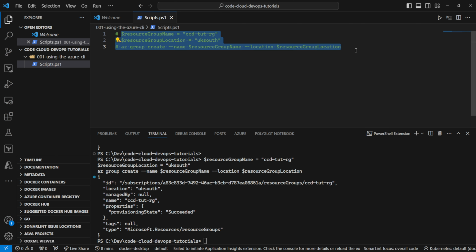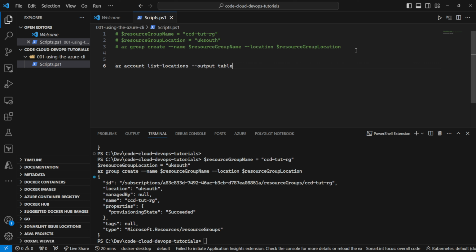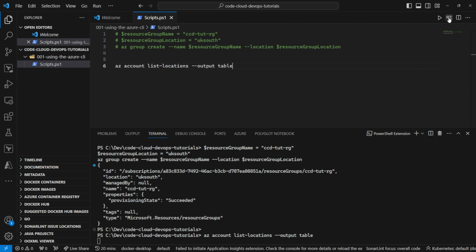I'll just comment this out so it doesn't block our view. az account list-locations. Those are the locations. So this command will basically list the locations your account can create resources in, and we can go ahead and output that to a table. Actually, I'll touch on the output just in a little while. Now, if I go ahead and run this line